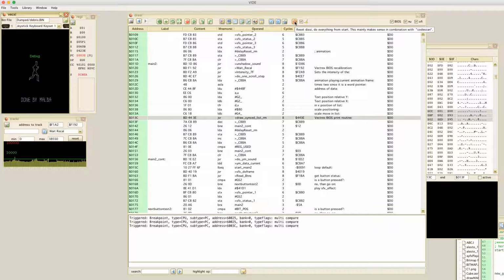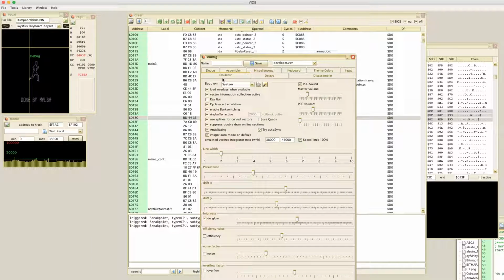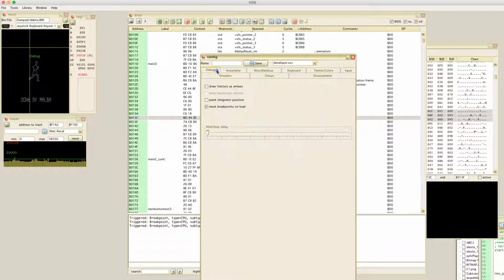This button over here, probably also not all that interesting for your own debuggings, but I'll explain it anyway. You can reset dissi and start disassembling again. You might ask what that is useful for. I can show you. If you have foreign programs, then you've got the option